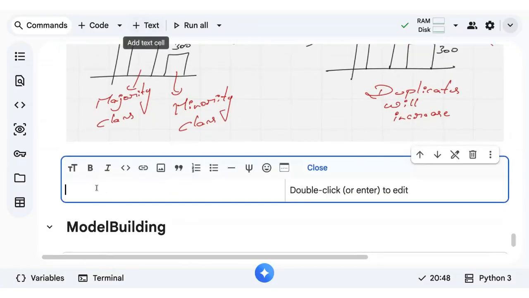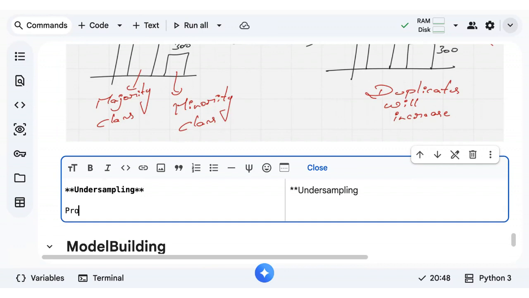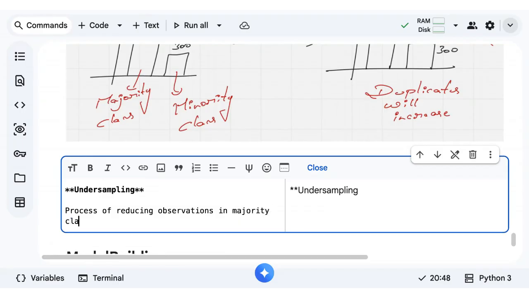Undersampling. What will happen with undersampling? When I say undersampling, it's a process of reducing observations in the majority class to match with the minority class.